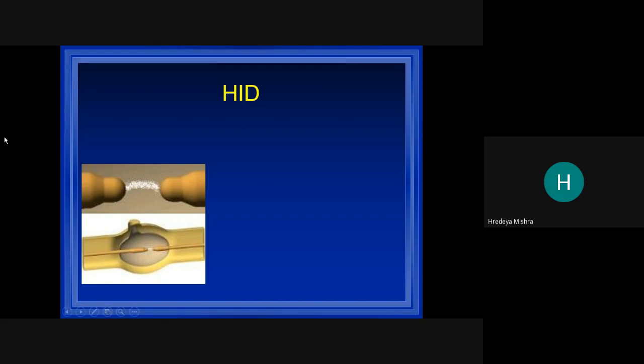So we can say that there are two electrodes, and when the electric current is supplied, between this gap the spark is produced, and this is the reason for the HID bulb blowing. See, a separate ballast produces 80 watt.